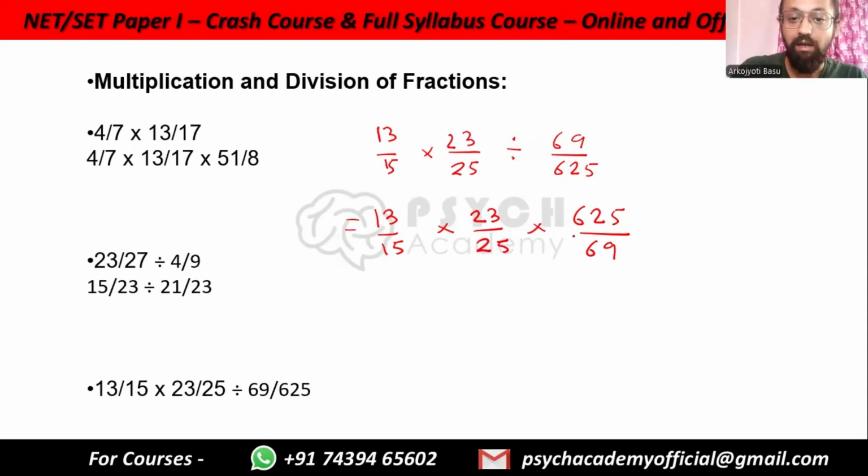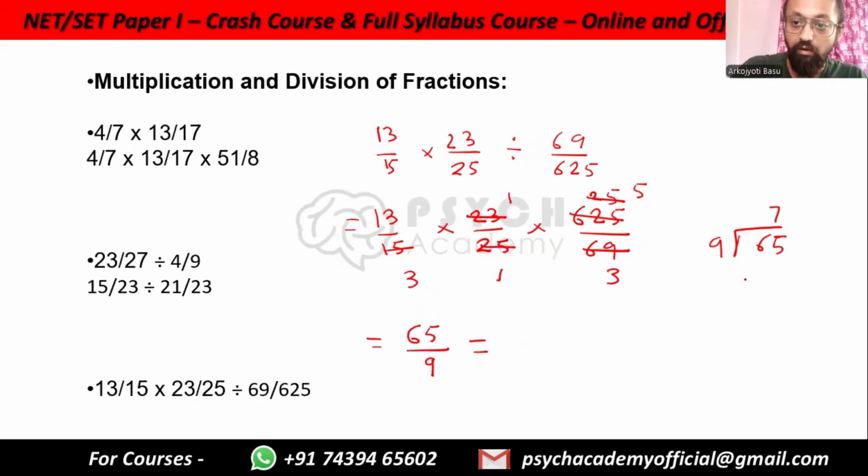Now we can do some cancelling out. That is, you divide this by 23, you get 1. Divide this by 23, you get 3. Now 25, I divide this by 25, I get 1. Out here I get 25 into 2 is 50. Now within this 25 also I divide it by 5, I get 5, I get 3 out here. So this is 5 into 13, that is 65 by 3 into 3, 9, which is the same as